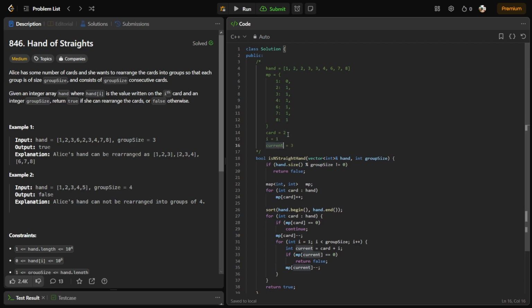Okay, now that is done, the current card in my hash map is not empty, it's not 0, so I reduce it, and then I have an inner for loop that checks the ascendings. So my current is the card plus i, which is 1, so that will give us 3. So I'll be finding 3, and I do find 3 over here, so I reduce it by 1,